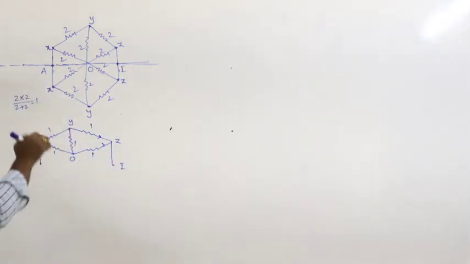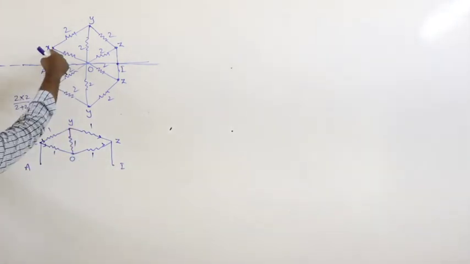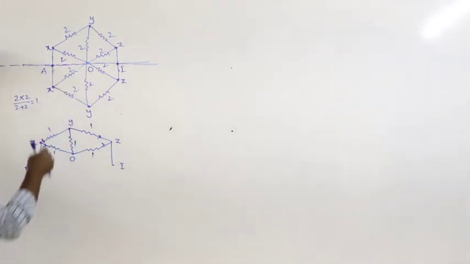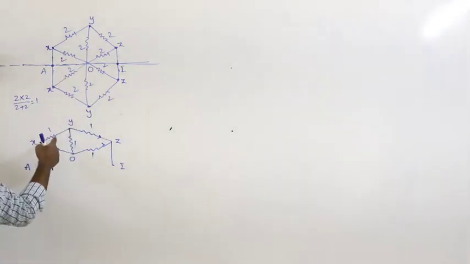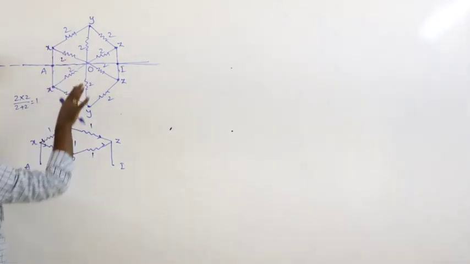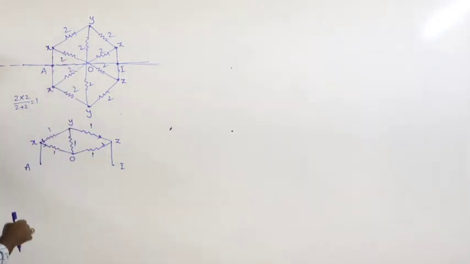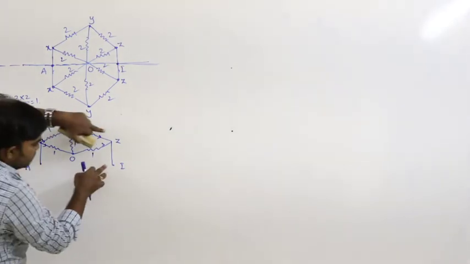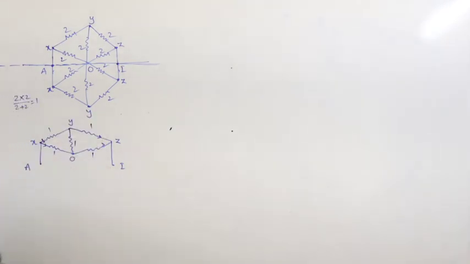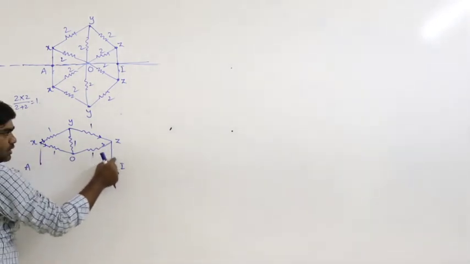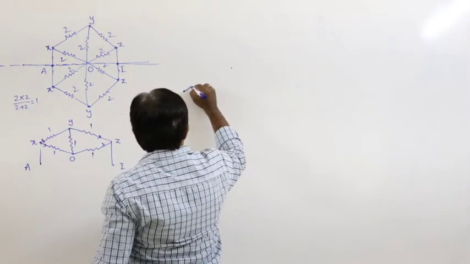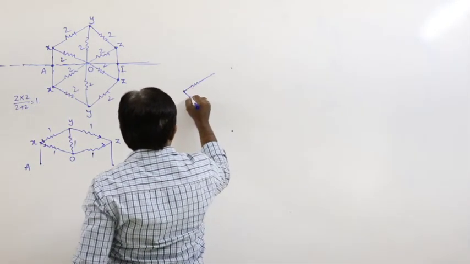So see here, this is the simplified circuit for this. All of these are 2 ohm resistances, all the 2s are parallel, that is the simplified circuit. A and X are at the same potential and I and Z are at the same potential because there is no resistance between these two. Here also there is no resistance. See here, so the simplified circuit again becomes